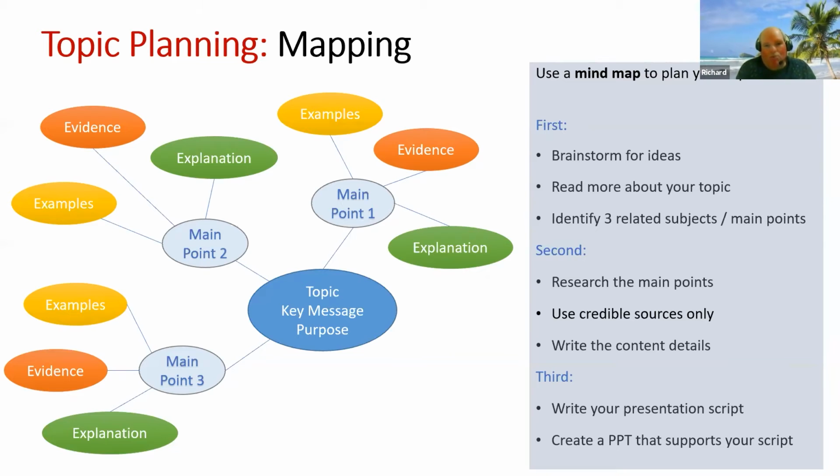And as you read more, and you may have to do some research in the library and get some books or get some journal articles or whatever it is, you will discover more related vocabulary that you can then explore, or different ideas or different problems, issues, whatever it may be, that you hadn't thought of before, because you're reading more about your topic. Even though you may know the topic quite well, it's definitely a recommendation to read more, because